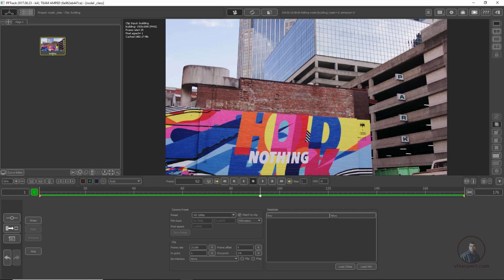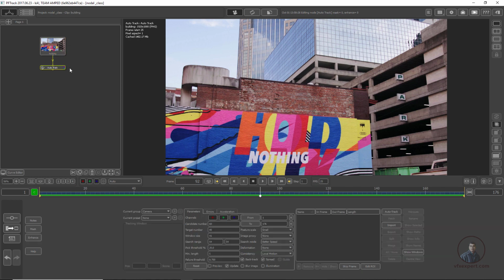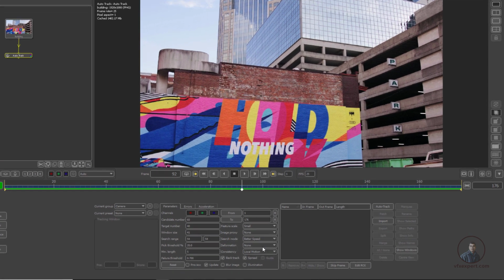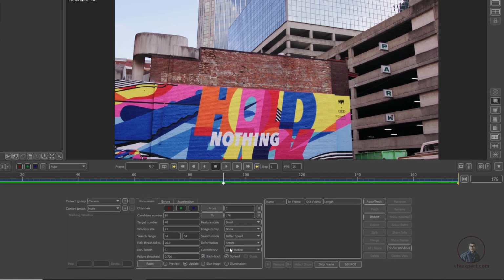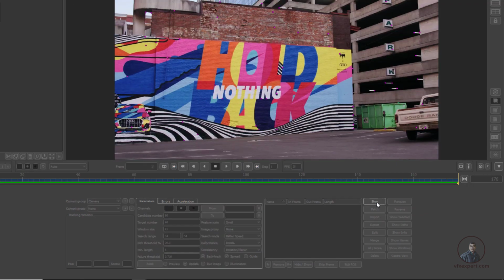Now I am going to track our shot. Right click, tracking, then click on auto track. Then double click here, then downside. Before clicking on auto track, we have to adjust some parameters, because this is a nodal pan shot. In deformation, we have to select only rotation, and in consistency, I have to select rotation only, or rotation and planar. We have to select this one option. Then we have to click on auto track.